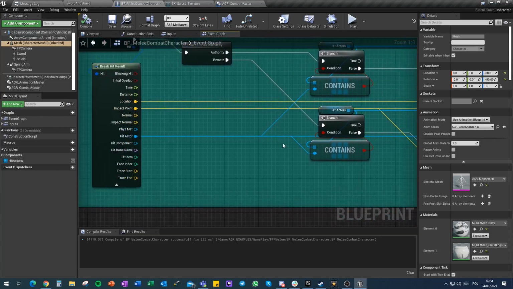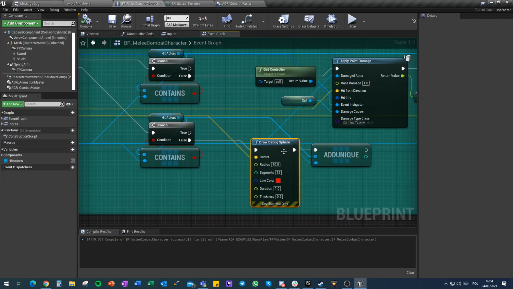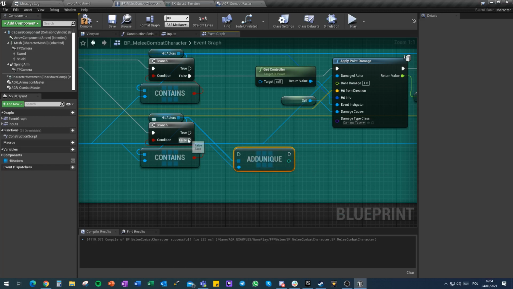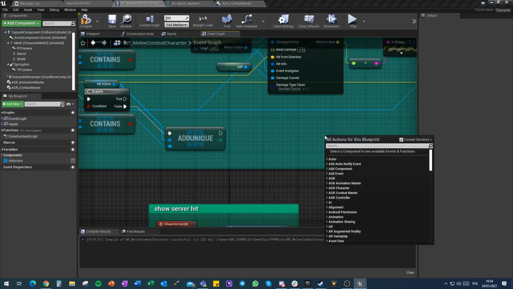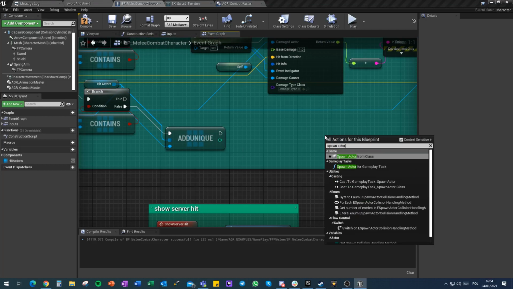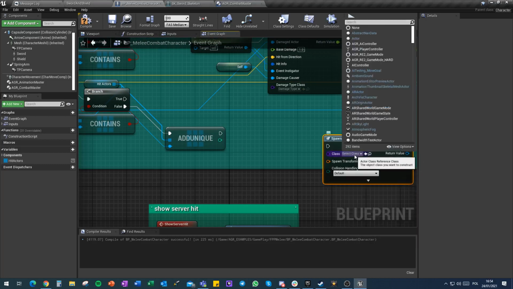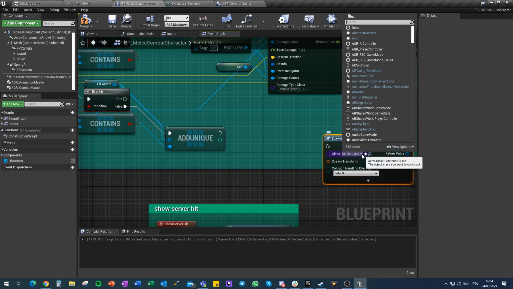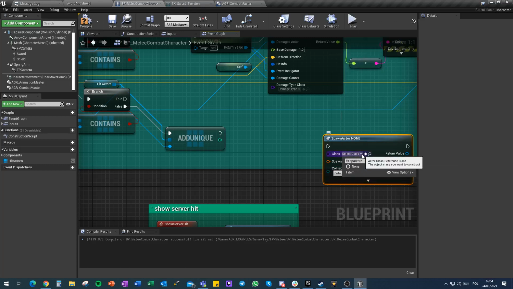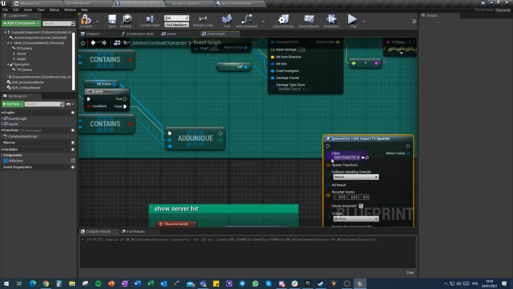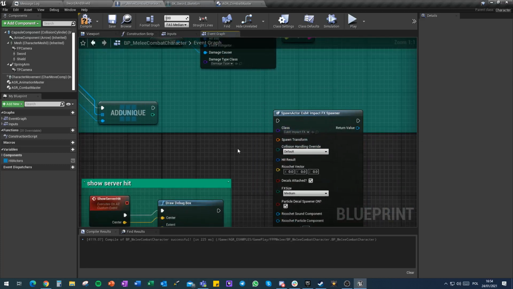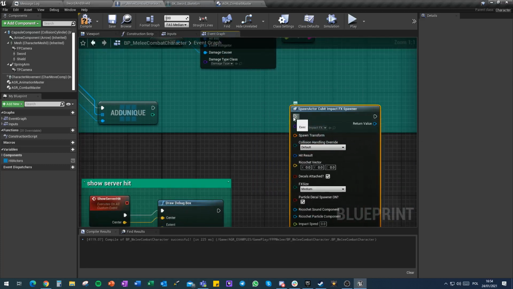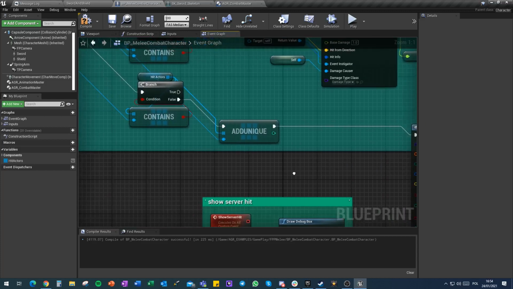And on client, instead of drawing our debug sphere, we'll be doing a spawn actor from class, and it will be the FX spawner. And this is the Qubit FX powder from the other tutorial. You might not have it in your project. This is from the Ballistics FX pack. You need to add the Ballistics FX pack,